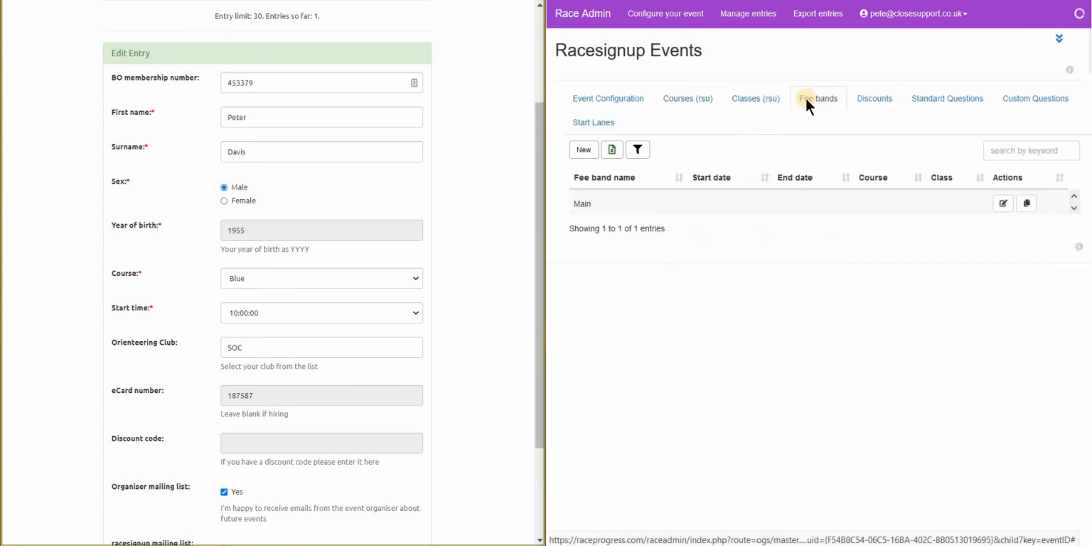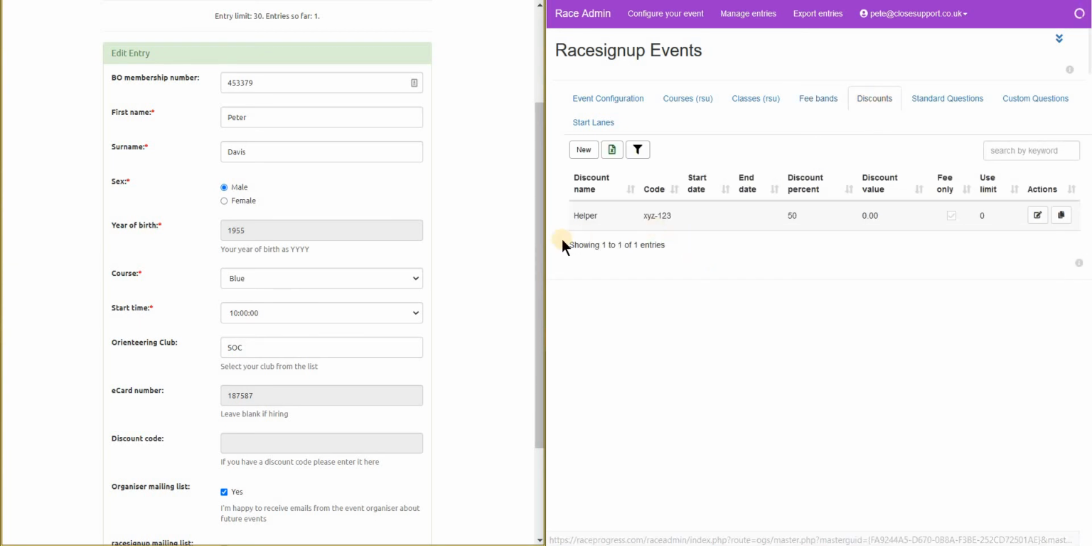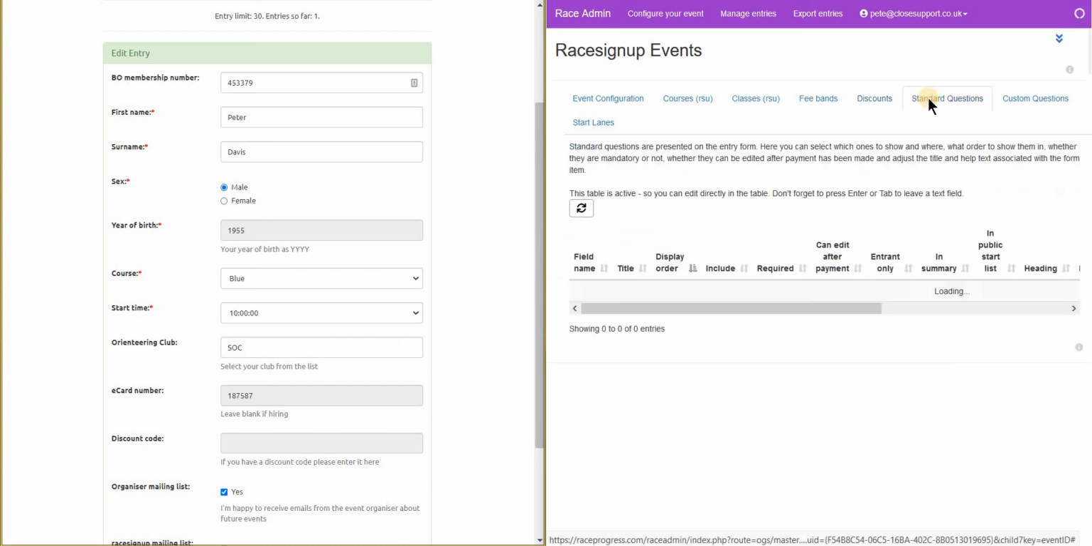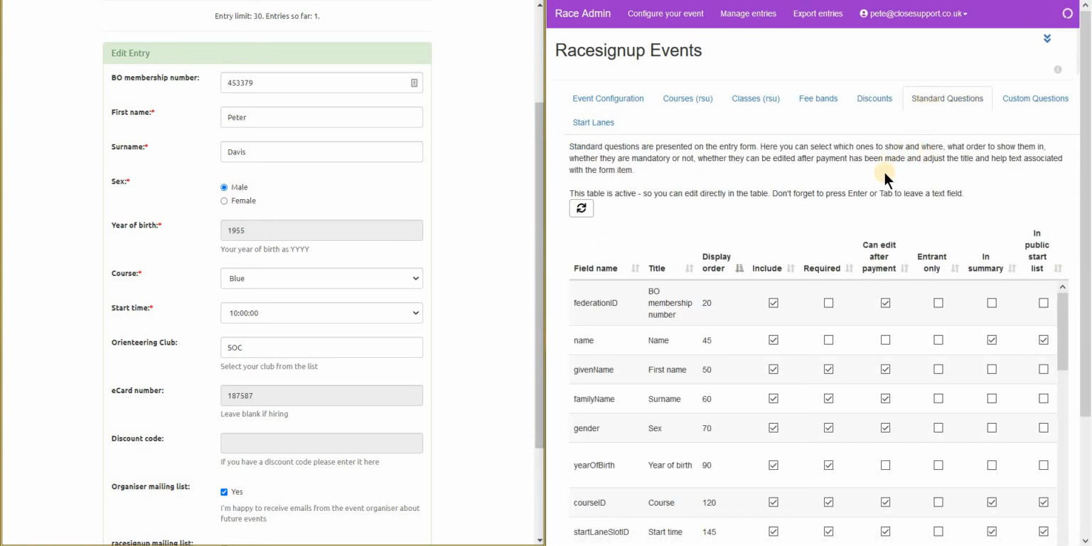Fee bands, which is where you define how much you are going to be charging for the event. Discounts, if you have any discounts, and here we can see there's a helper discount of 50%. And a fairly detailed area where we've got what we call the standard questions. These are the questions that are appearing on this side of the form here. So if we just take this top one as an example,